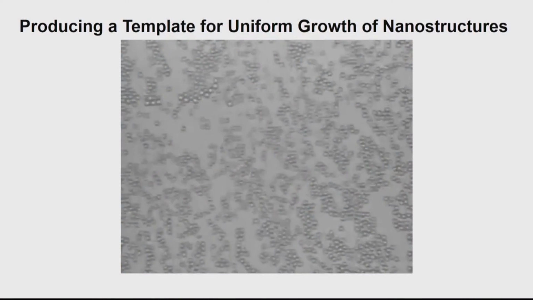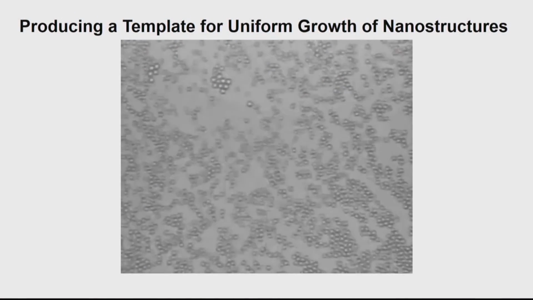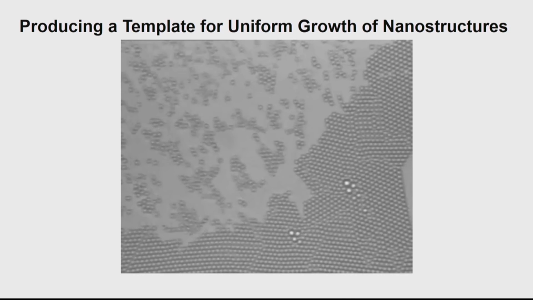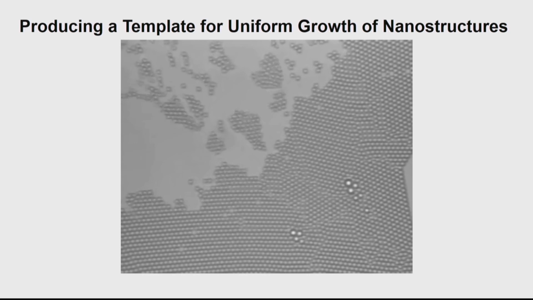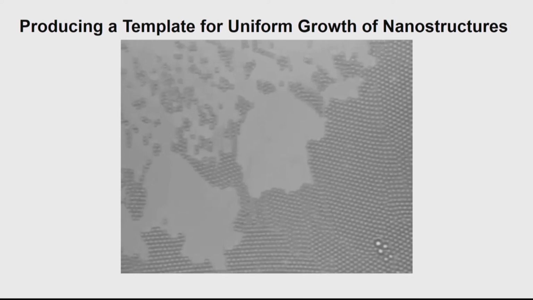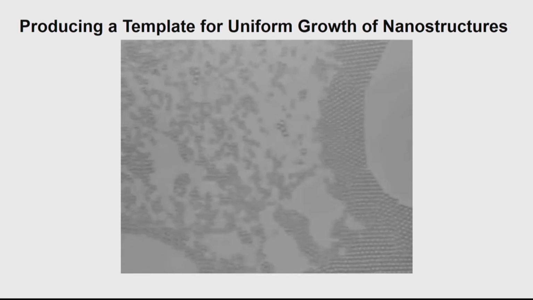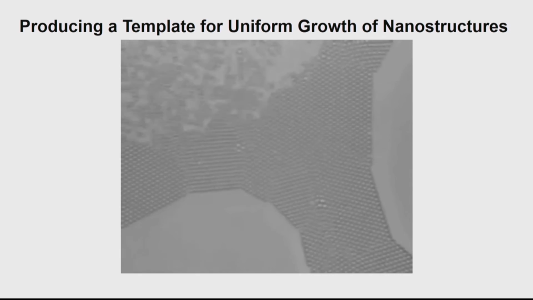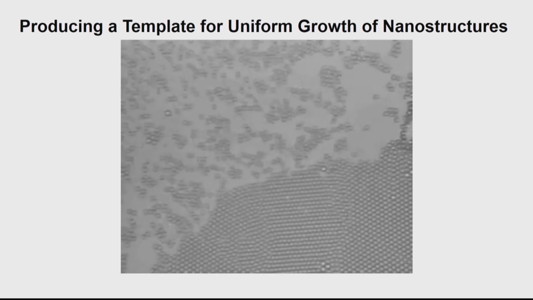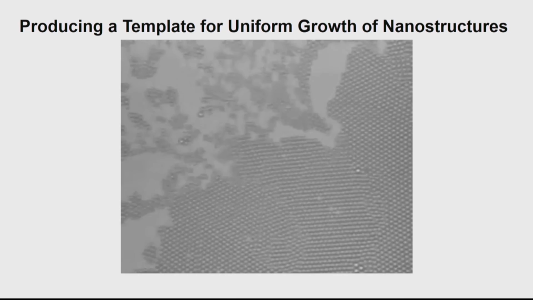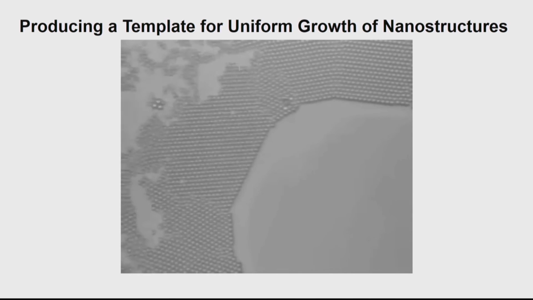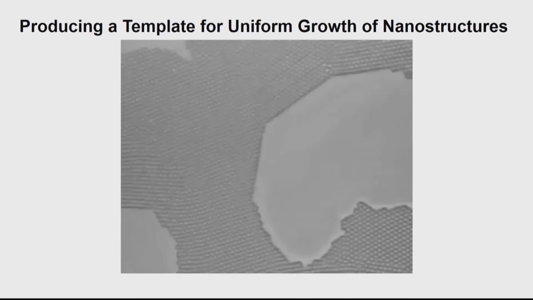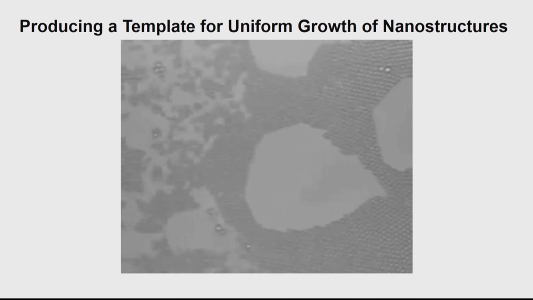Well, our approach is using a template. So these right here that you see on this slide are little polystyrene beads that once they're in solution, they can actually assemble on their own. So we're not applying any electric field or anything. These beads just simply assemble on their own. And that's because this is their lowest energy conformation. They want to be this way. So we use this to our advantage because, well, if our template material wants to assemble, now we automatically have